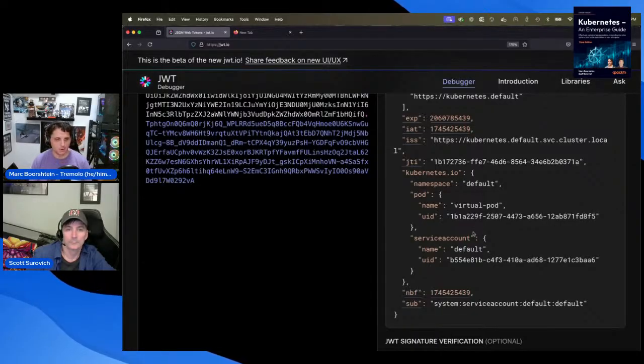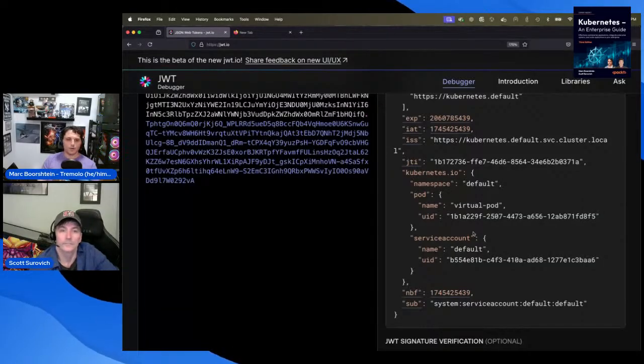And so we can write a generic policy in Vault that says, anybody who's a member of the default namespace can access the secrets in this path. And so we could, in theory, rewrite things so that the host cluster service account gets used, not the virtual pod service account,